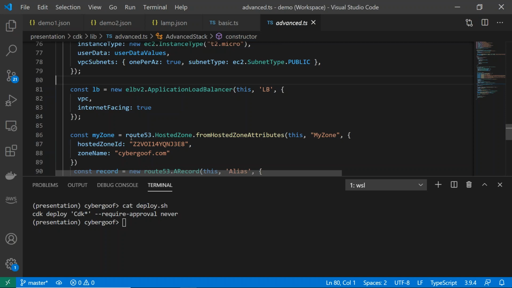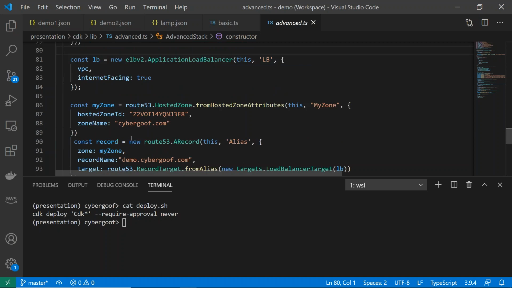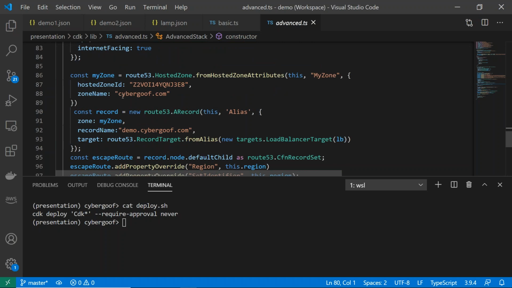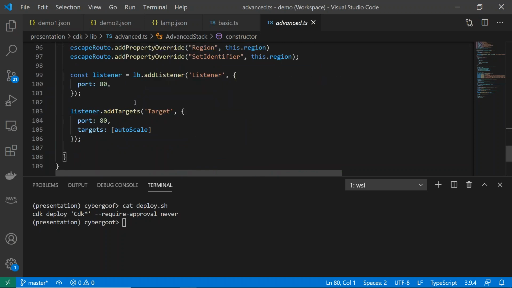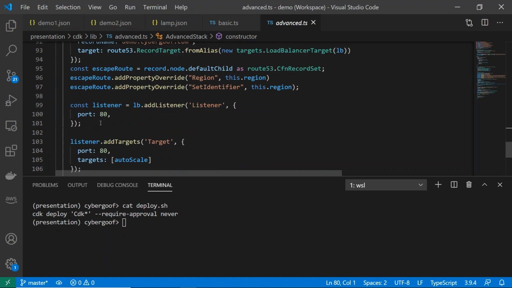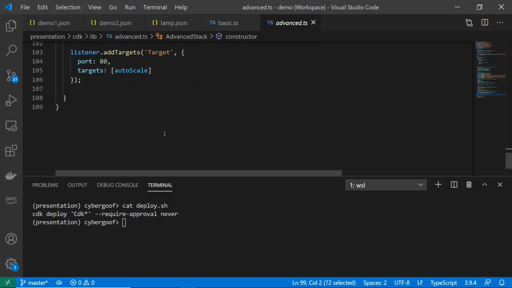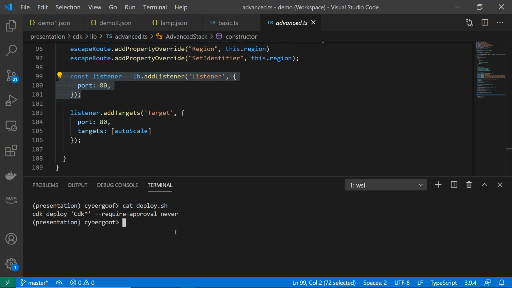Here's my Route 53 change. So I'm actually going to change my domain and do all this stuff. It'll deploy, but you won't be able to route to it. It'll deploy the whole thing within a few minutes. Oh, I'm going to listen on port 80. Anyways, this is all the code I'm writing in TypeScript to deploy what I just showed you. So I'm going to deploy it, and then we'll go take a look.